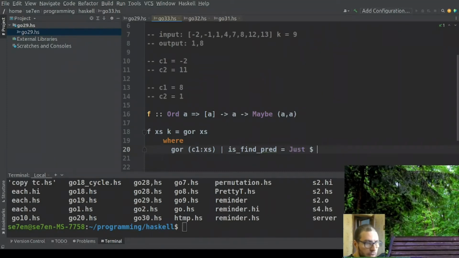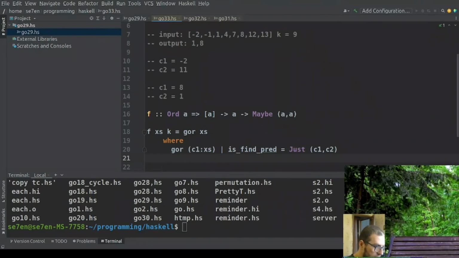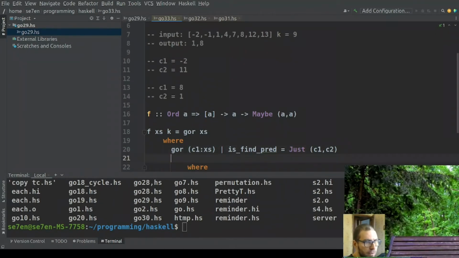So I can return the pair with the first candidate C1 and the second candidate C2. Yes, of course, I think like this, and of course I need to do definitions. Later I will do them, but otherwise